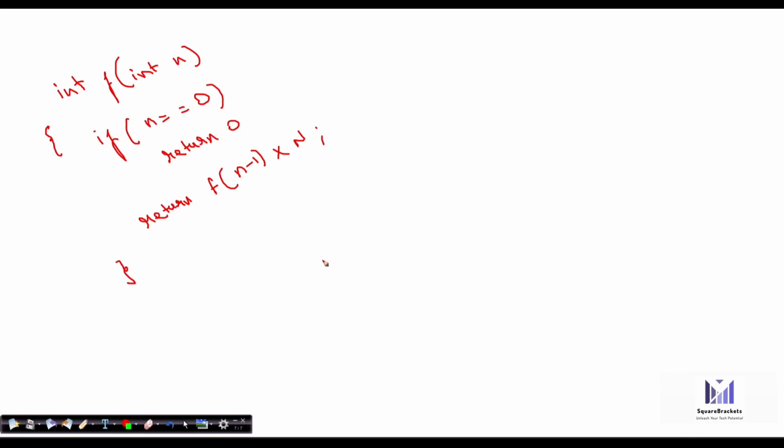So this is going to be our logic. Okay. So if this is the logic, let's try to understand this logic step by step. What will be the stack of our particular function? So first of all, what we are going to do, we are going to pass f5. I'm simply going to pass f5. So this is the first entry of your stack. Now f5 calls f4.